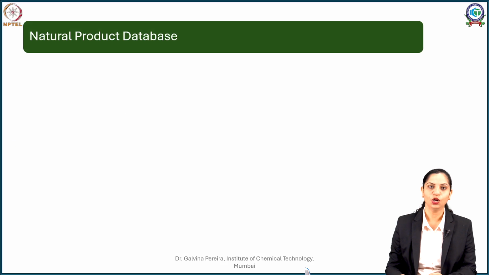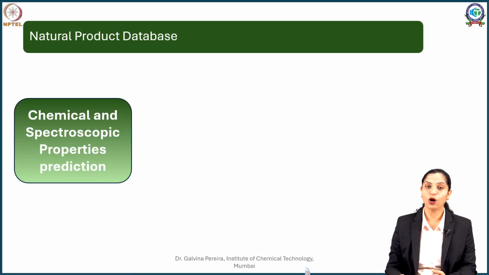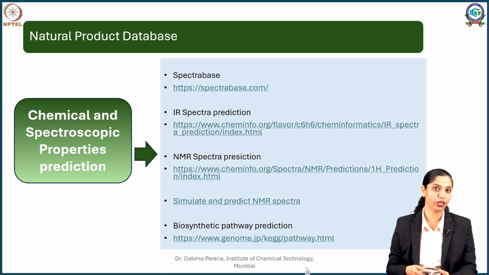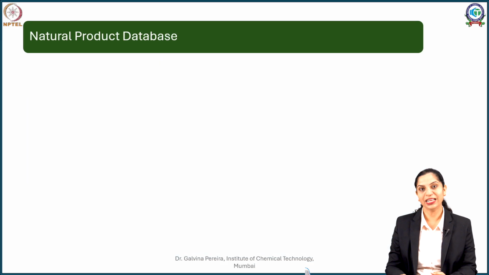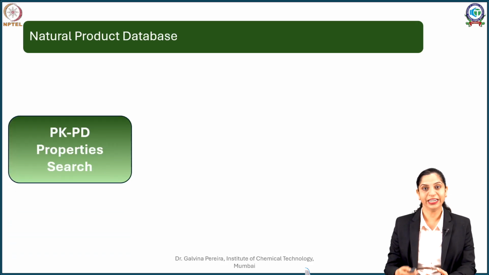In the last session, what we learned was how we can know whether whatever we have purified is actually the real compound that we are looking for. Is it the same one or is it anything different, on the basis of spectroscopic analysis; these spectroscopic techniques gave us some values to compare with. Now in today's session we will move a step ahead and see what databases can help us predict the pharmacokinetic as well as pharmacodynamic properties.